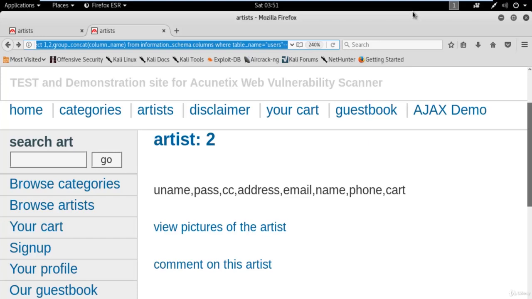We know how you can use a manual technique without using any tool to gather information about the website, right? This is the most popular method in the world to gather information about the database, to capture information about usernames and passwords, to dump the complete database, to wipe out the complete database, to update the complete database using SQL injection, right? So this is all about this manual technique that you can use for any website.